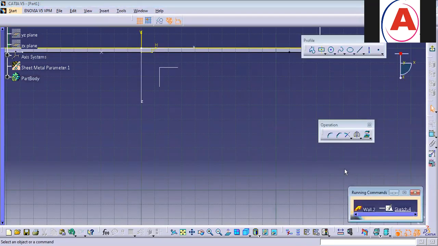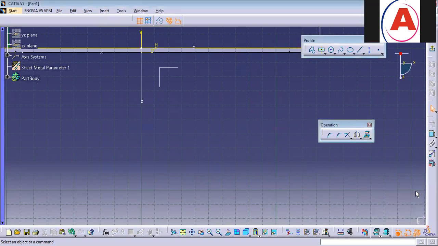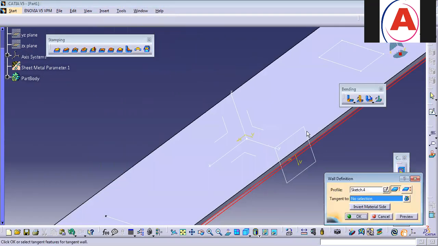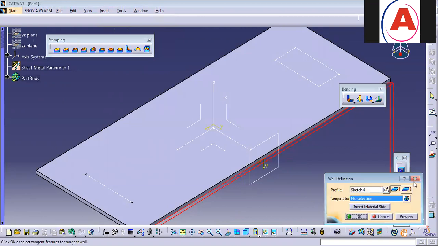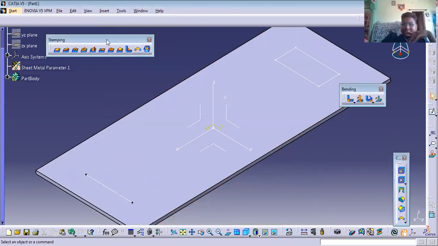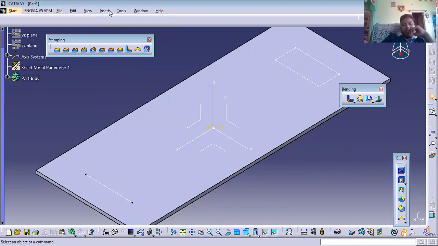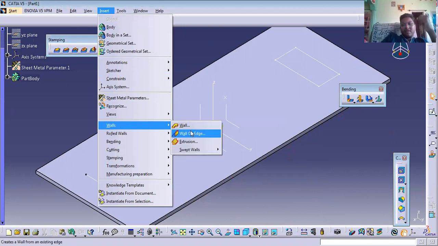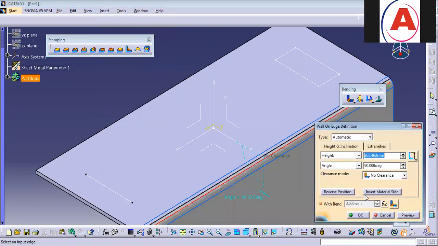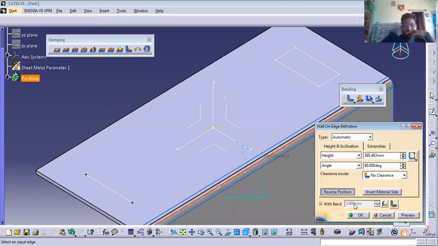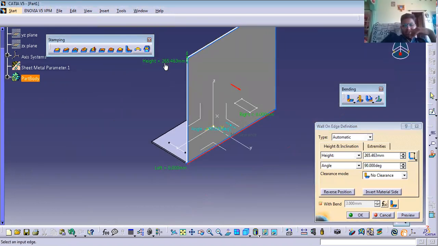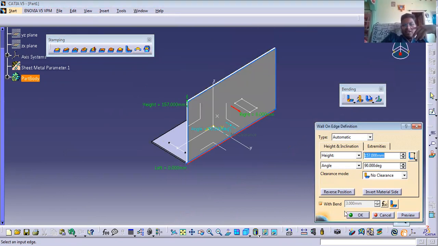Whenever I ask you some questions, you guys become silent automatically, right? Sir, I didn't get your question. So this is the stiffener rib. We know that a stiffener is for holding the material, so it is used to stop bending and so on, right? Okay, then it is good. Sorry for not answering, sir. I didn't get your question.